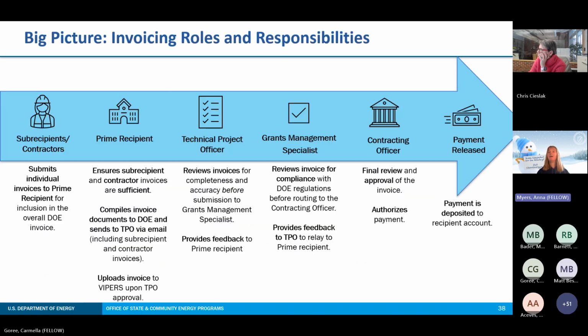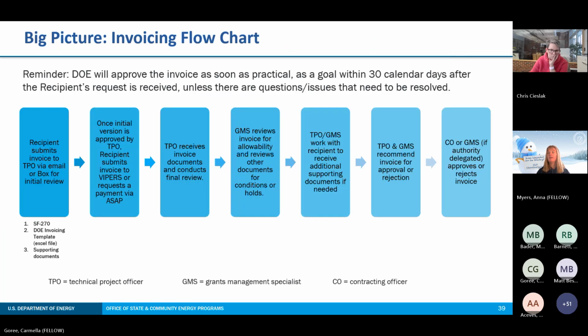So we're going to bring back up 3 pretty familiar slides. Again, I'm not going to run through these, but I hope that now that we have this background, we're a little bit more familiar with these different roles and responsibilities in the process of your invoice to get to that point of payment. Next slide. Again, the step-by-step walkthrough and really highlighting that beginning step of having your TPO approve that first invoice just to expedite the whole process to come. Next slide.